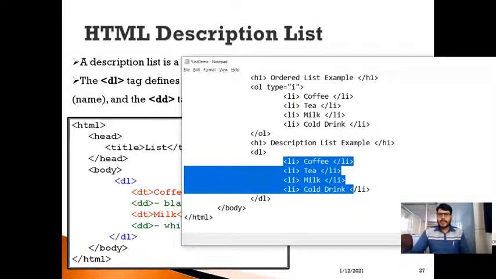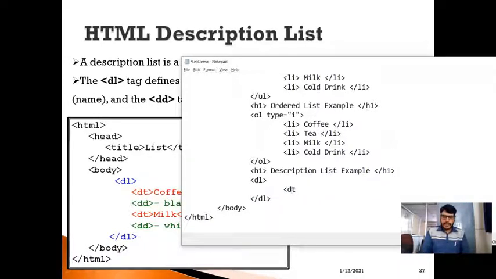To specify the term, we are going to use a DT here. Assume that I'm going to specify the description term as coffee, and let us close this term with a DT tag. And within this, I'm going to specify the description by using a DD tag.